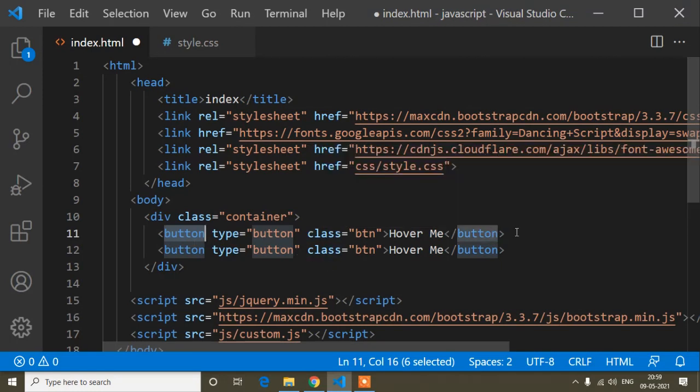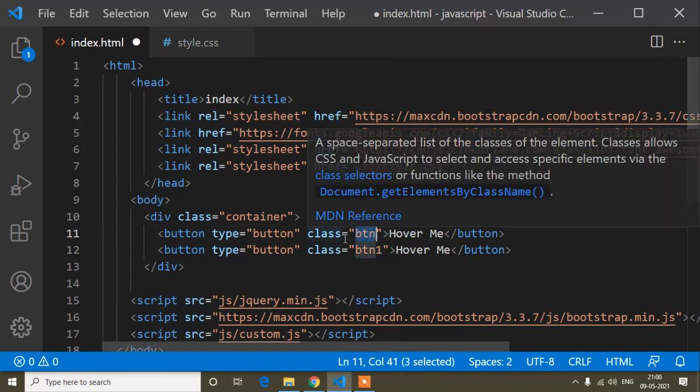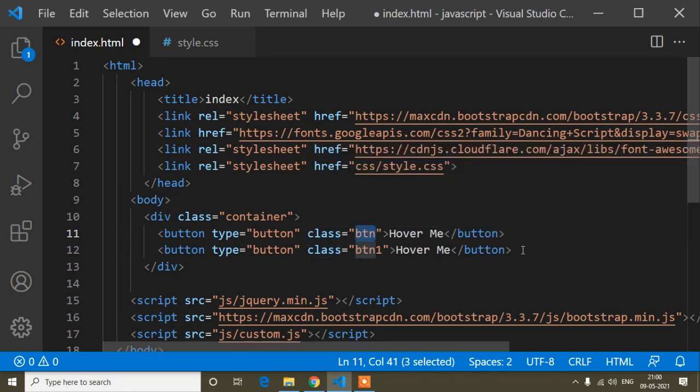Again I'm trying to explain: if you write CSS for the button tag, the button tag is present here and also here, so the design will be the same for both buttons, but sometimes we don't want the two buttons to look the same. That's why I have added class button, and here I will add class button one. If I add any CSS to this button, it will not affect the other button, because the class is different. So for making it unique I have added a class, or you can also add an ID. That depends on you.